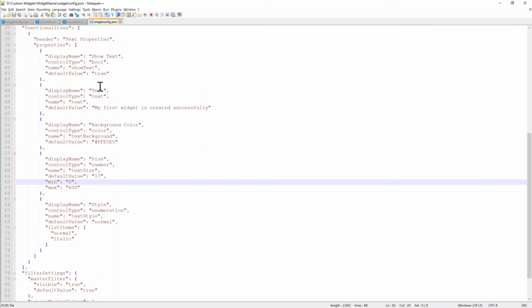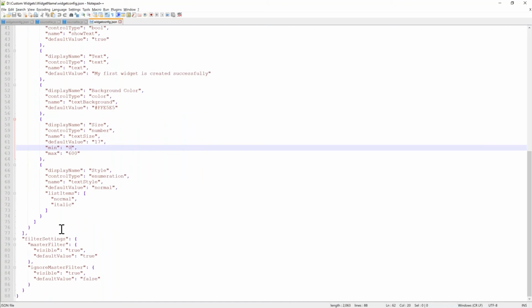So you can make use of these controls and create n number of properties to be included in the property section. And you could also provide headers for each of those properties. So for text properties, you'll have these, for example, this, but in case you're going to add a separate section for linking or a separate section for access label customization or value label customization, you could add n number of headers and properties underneath that.